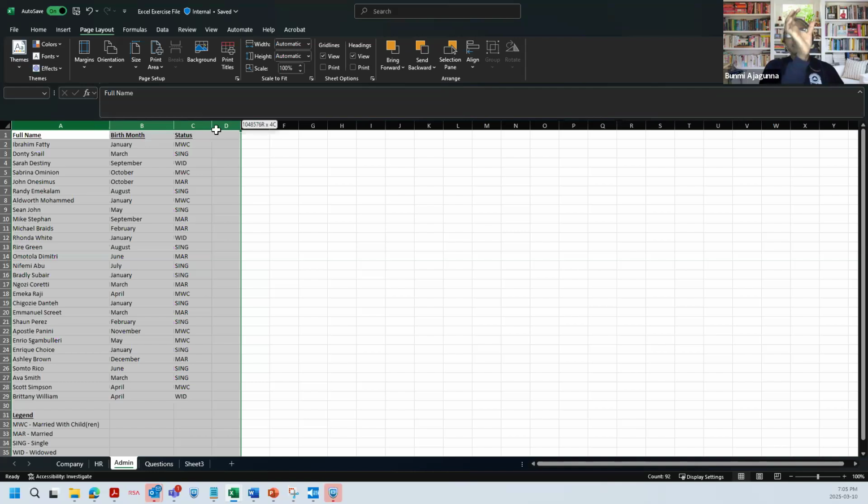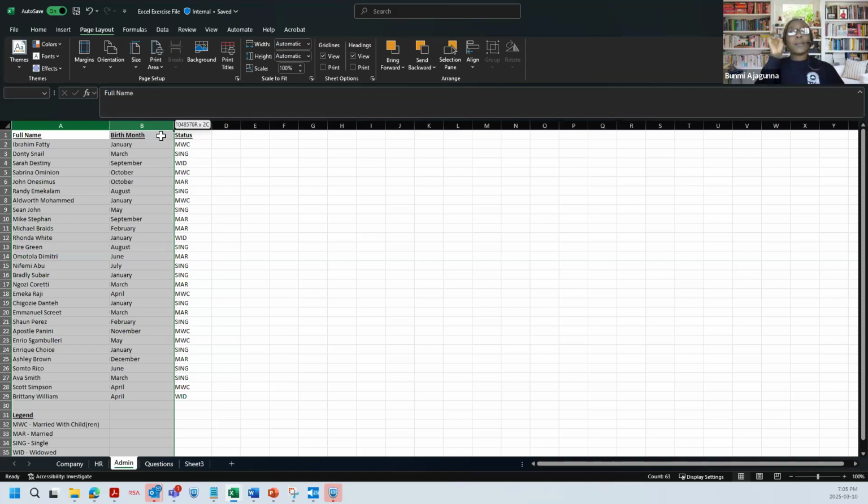It's covering the cell E right now. That 4 is showing where I am. D means 4. If I go to C, it means that's the third column. If I go to B, that's the second column. So the 2 in my formula for VLOOKUP is saying I want the birth month, which is in the second column. That's second for 2.